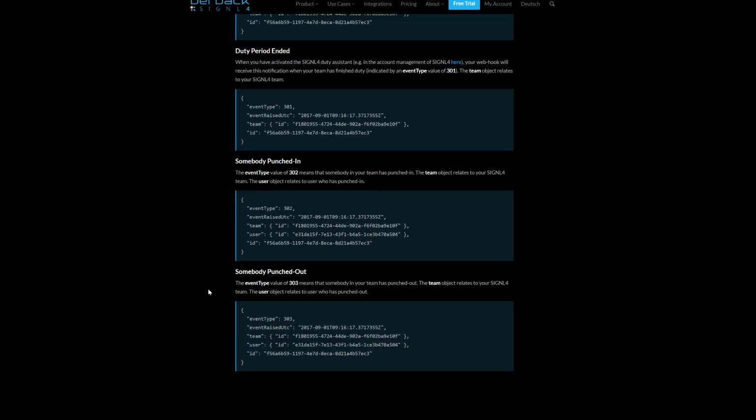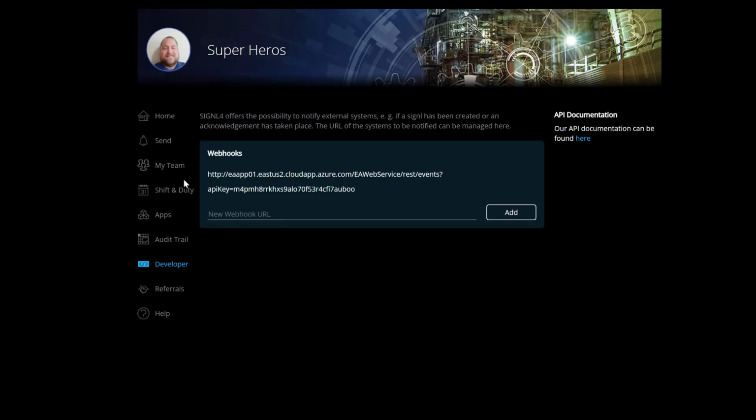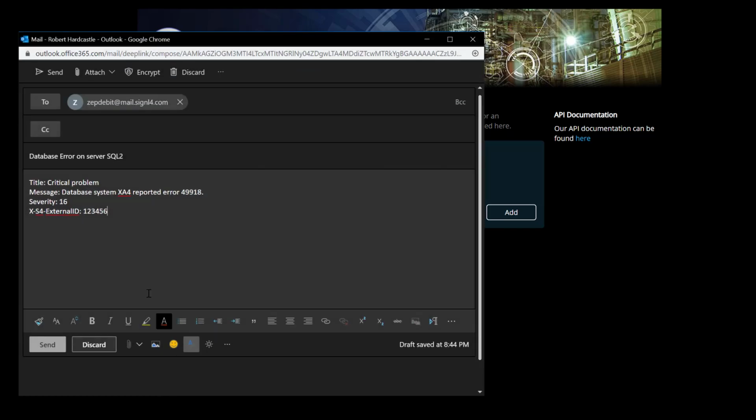When using the external ID parameter, you will see the external ID inside of these events in addition to the other events in the formatting. This external ID is once again what's going to link your Signal 4 alert to the event inside of your third-party system. You can also send an alert via email using the external ID, and I'll go ahead and send